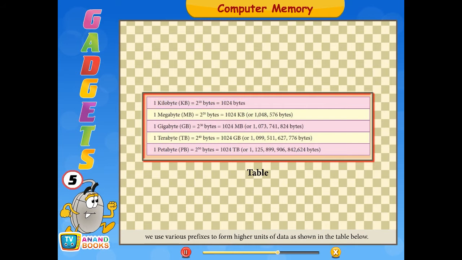1 kilobyte, KB, is equal to 2 to the power 10 bytes, which is 1024 bytes. 1 megabyte, MB, is equal to 2 to the power 20 bytes, that is 1024 KB or 1048576 bytes. 1 gigabyte, GB, is equal to 2 to the power 30 bytes or 1024 MB or 1073741824 bytes. 1 terabyte, TB, is equal to 2 to the power 40 bytes, which is equal to 1024 GB